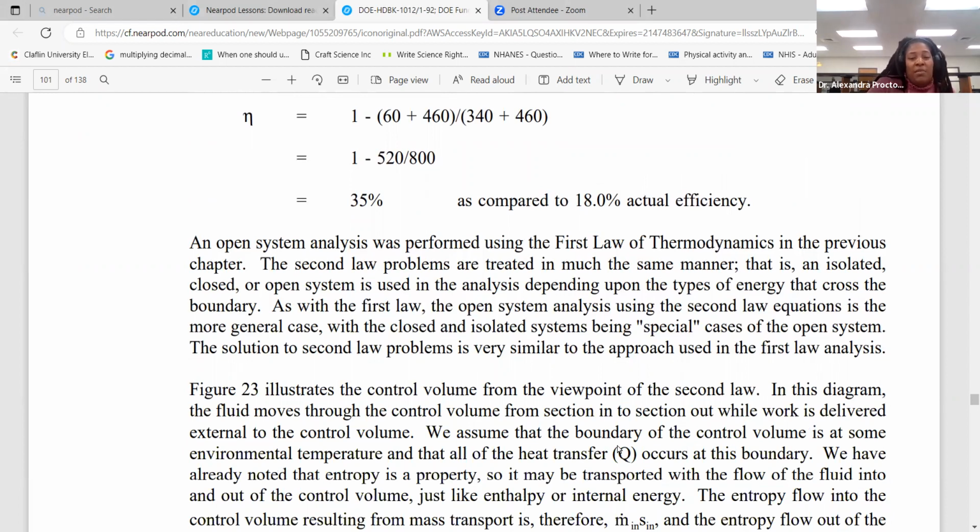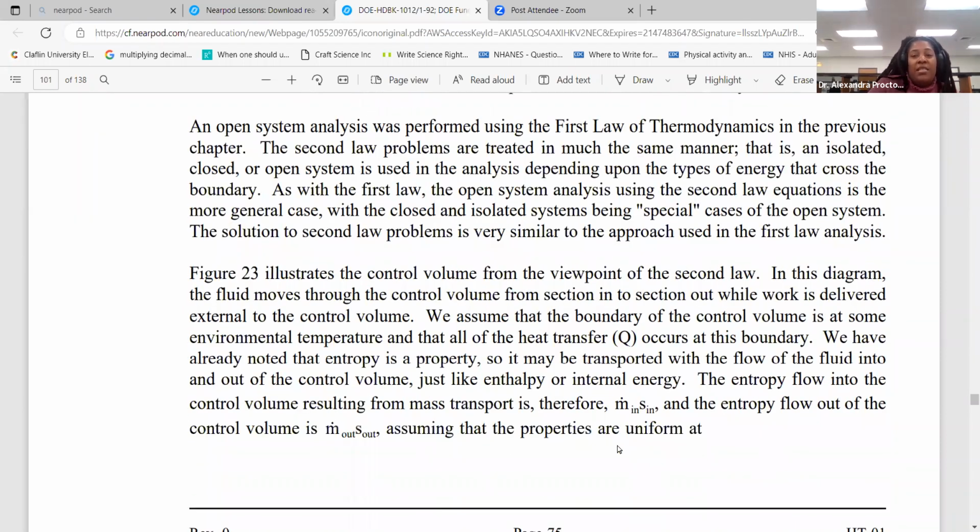So, an open system analysis performed using the first law of thermodynamics. In the aforementioned chapter, the second law problems are treated in much the same manner. That is, an isolated, closed, or open system is used in the analysis, based upon the types of energy that cross the